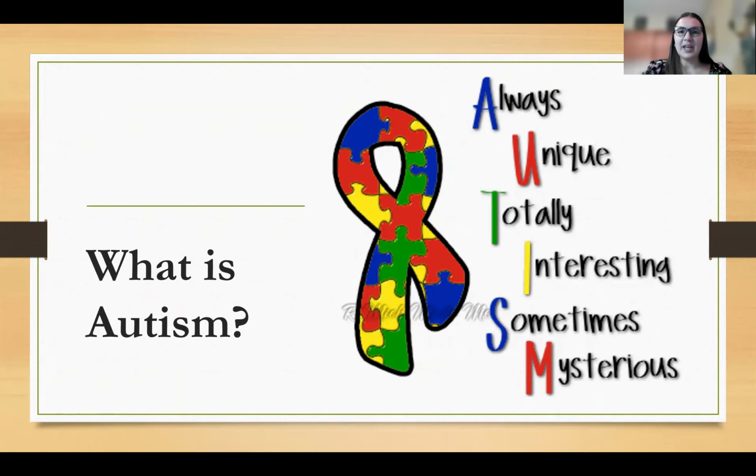What is autism? Before we start, I want to let you know that I am autistic. And so some of the examples that I share might be personal examples or from my experience with working with other individuals with disabilities in my profession. You'll also hear a little bit more about why I use the word autistic instead of a person with autism when I refer to myself, when we talk about person first language. If you want to know more about person first and identity first language, please check out our other videos on the CCE's YouTube channel.